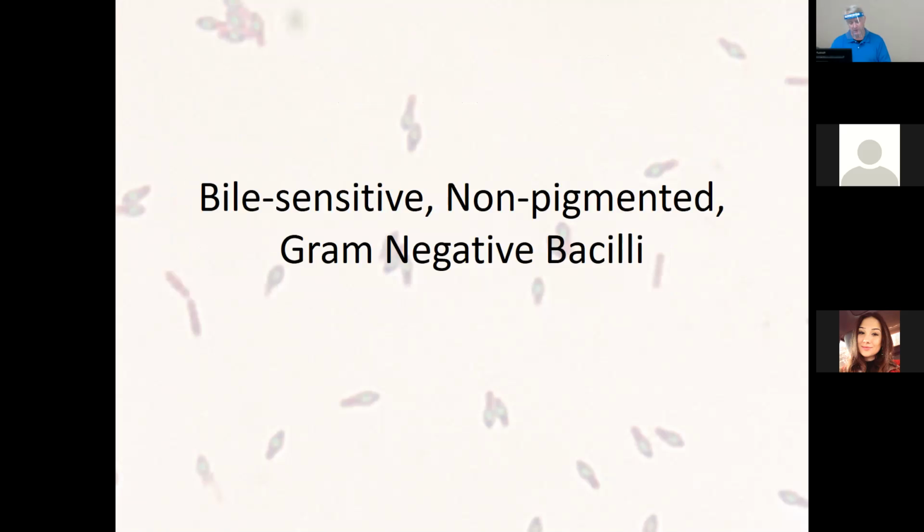So those were our bile-sensitive pigmented gram-negative bacilli. And now we're at bile-sensitive non-pigmented gram-negative bacilli. So what's the key problem right now? If y'all picked up on one? We said gram-positive rods, we're going to see those, they're going to be scary. What about gram-negative rods? Who are our gram-negative rods on the aerobic side?